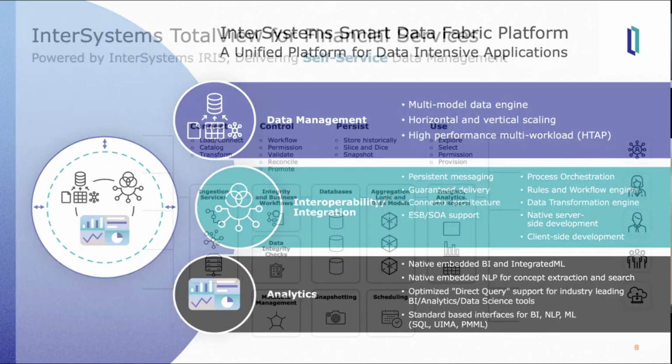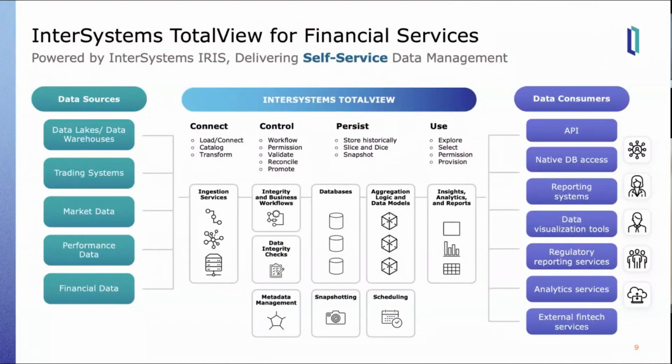And that's what we have done now, is our proposition or our data fabric implementation, which we call InterSystems TotalView for financial services, where essentially, using all the underlying capabilities of Iris as a data platform, we have built what we call a data fabric implementation, which gives you all the capabilities to connect to different sources, provides you control mechanisms, which is essentially like when you are ingesting data from multiple systems, you need quality controls, you need data validations, you need data transformations, you need data reconciliations, and how we could make it easy for you to build these data pipelines without having to worry about complexity of any programming language or data management complexity or all those things.